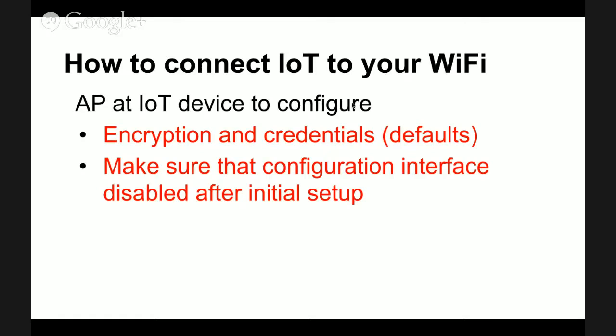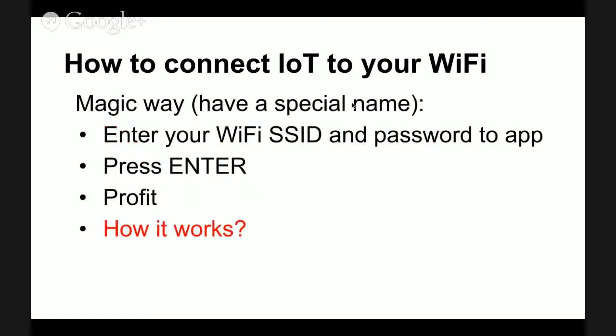At this stage, it is very important to observe obvious security things: encryption and credentials, which may be default, and also vendors must make sure that the configuration interface is disabled after initial setup. I think these are obvious cases, but